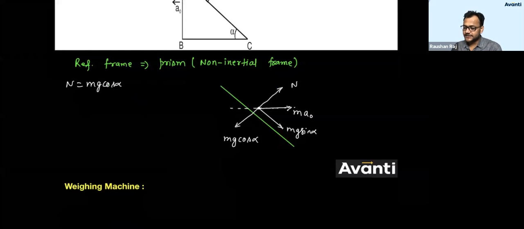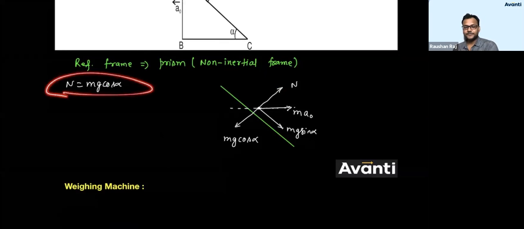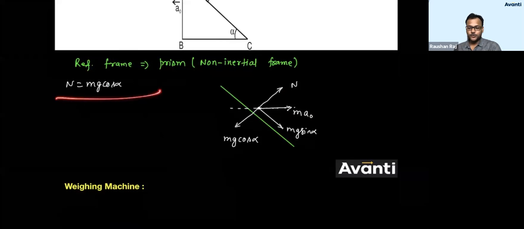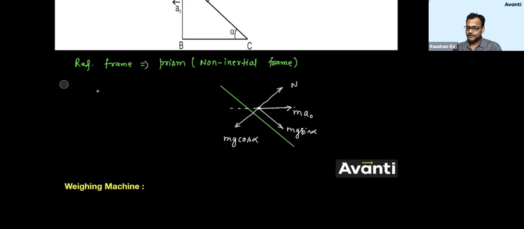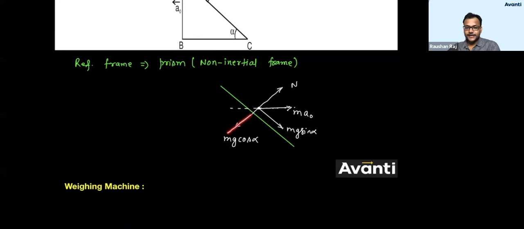अच्छा guys, is this correct? पहले ये बताओ, पहले ये correct है क्या? First of all तो यही पूछना है. Guys, is this correct? No, it is not correct actually. The forces in the perpendicular direction are not only n and mg. There will be a component of ma naught also in the normal direction. So if I ask you the angle, I would say the angle made by the incline with horizontal is alpha. The angle made by the normal to the plane and horizontal will be 90 minus alpha.